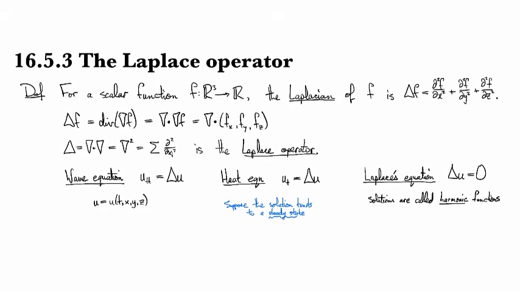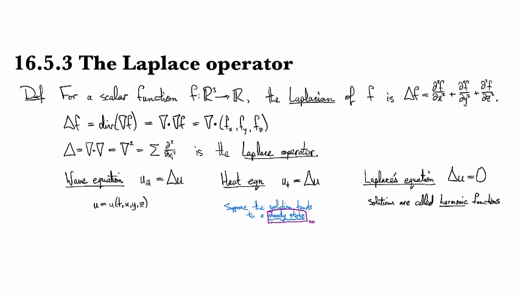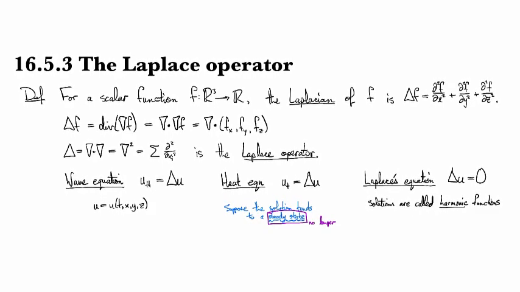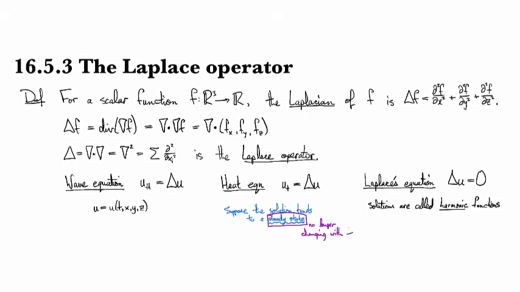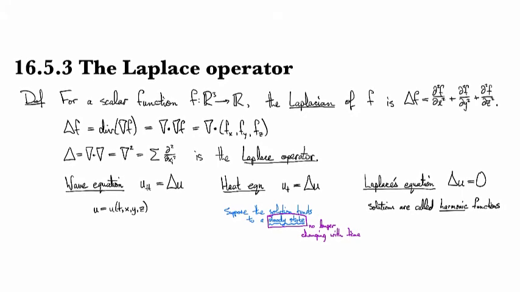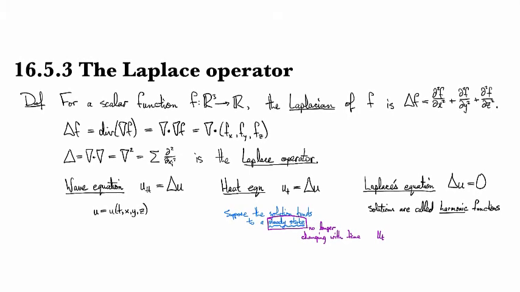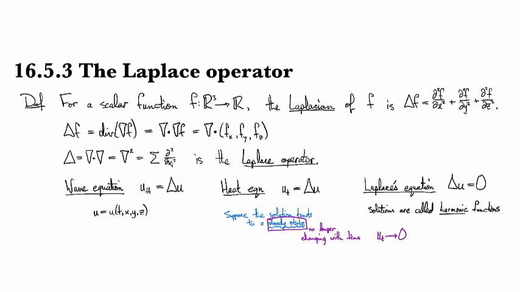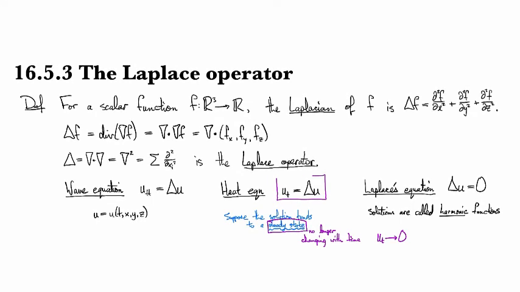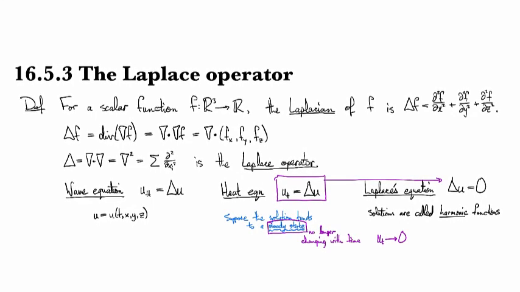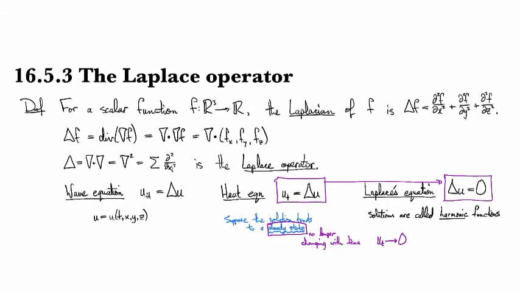The meaning of this steady state is that it's no longer changing with time. The time derivative tells you how much it's changing with respect to time, so if it's not changing, the time derivative went to 0. So as time increases and it tends to a steady state, this equation tends to this equation, because that u sub t just disappears. Okay,